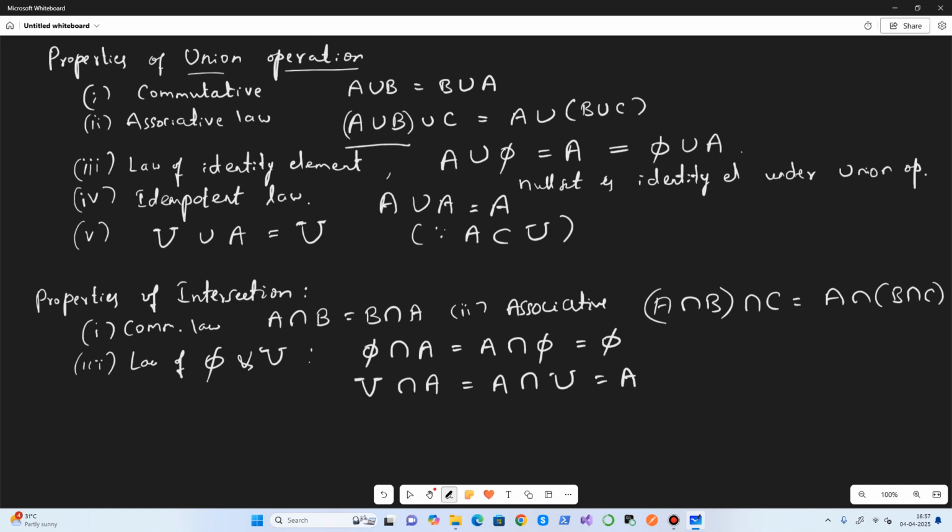The fourth one is the idempotent law. It says A intersection A is A itself. And then we have the distribution laws.